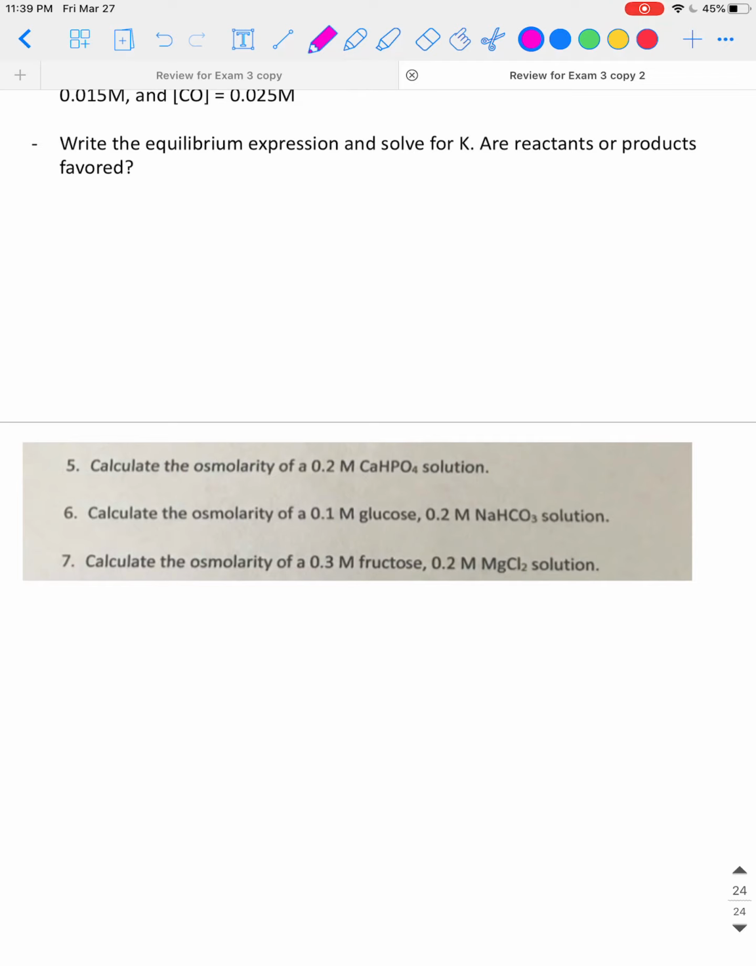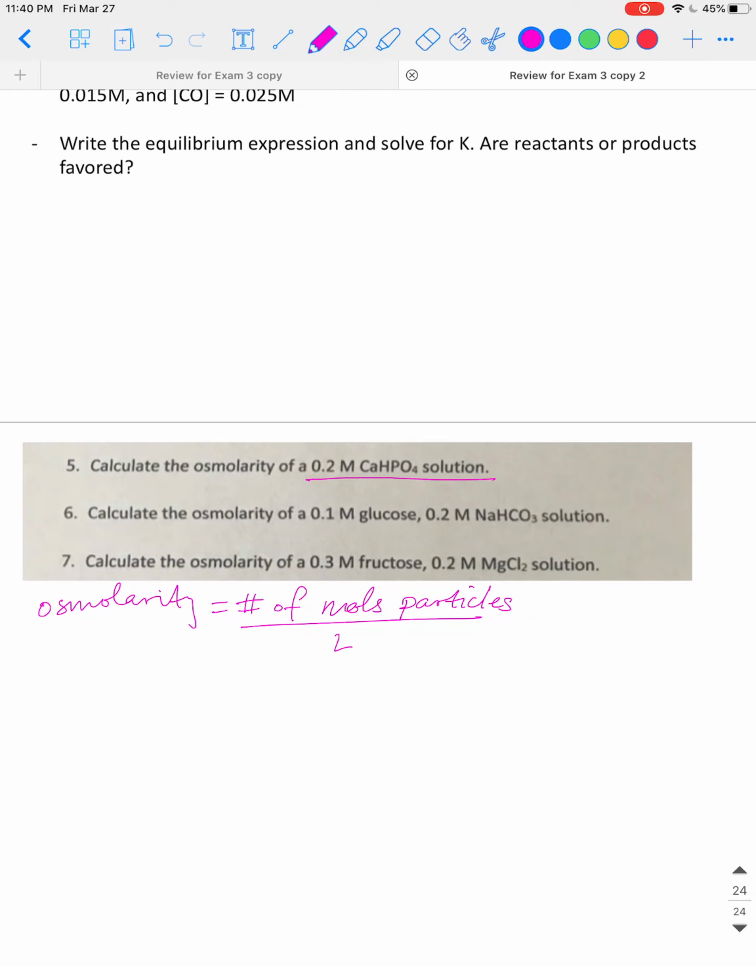Okay, calculating osmolarity. So we have 3 different solutions here. Let's calculate the osmolarity of these solutions. Remember that osmolarity equals number of moles of particles per liter. So let's look at our first solution. We have 0.2 molar